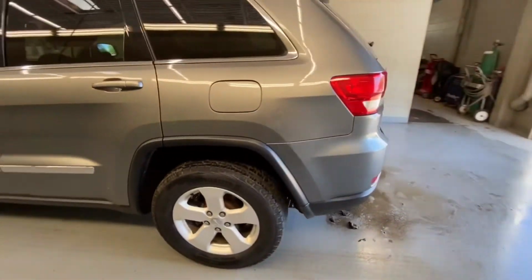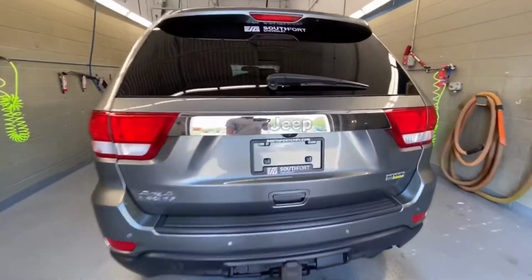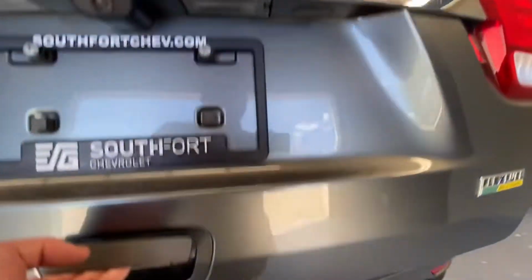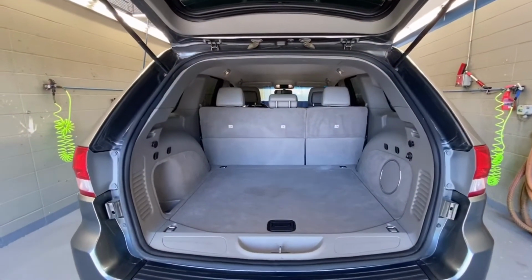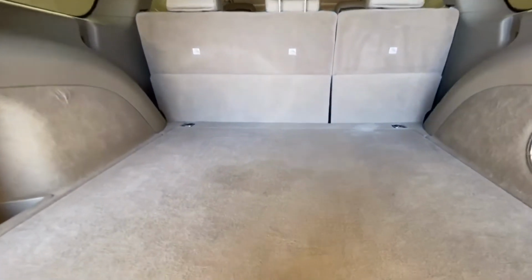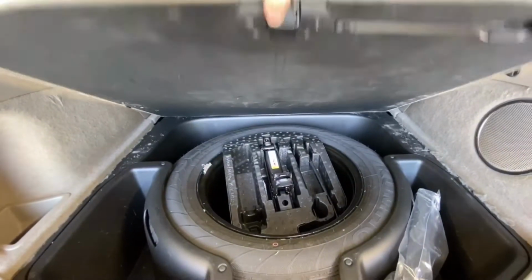aluminum rims, hatch, tons of storage space, spare wheel underneath,